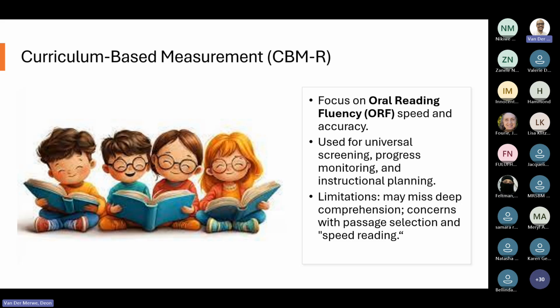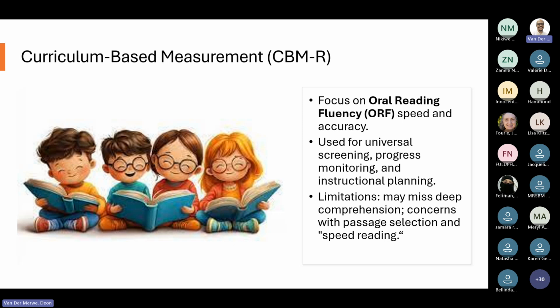It also allows for tracking improvement over time. But most importantly, it allows for tailoring instruction, for example, focusing on fluency versus comprehension. However, we also need to take into consideration the limitations that come with this approach, and that is that it doesn't always reflect comprehension in itself, and it needs careful passage selection